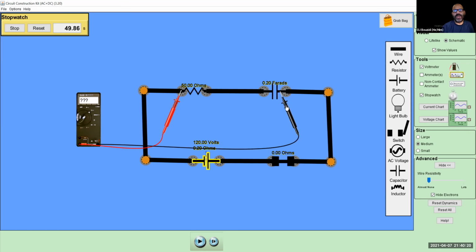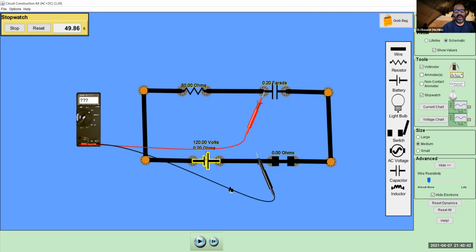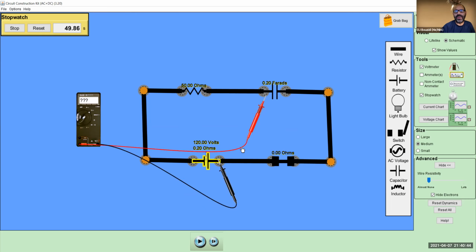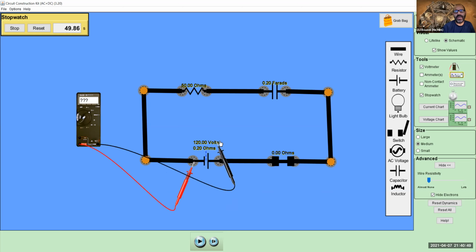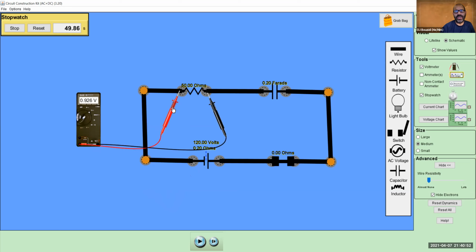Remember, the polarity at this point is reading 120 volts this way, okay? So this is the positive, this is the negative. What we're doing in here, we're connecting the negative to the positive. So the positive is pushing current against this one, and the negative of the positive of this one, as if you have two batteries, each and every one of them is 120 volts. Right now it's 119 here, and this one is always 120 volts, okay? So it's 119.9996, which is practically 120 volts. We don't care about those voltages, but my point in here is the first reading,